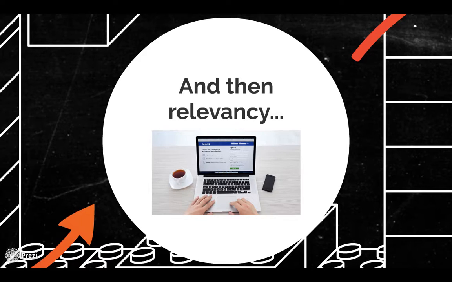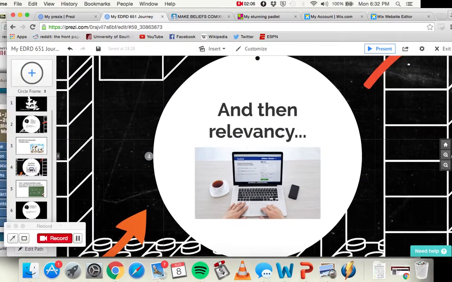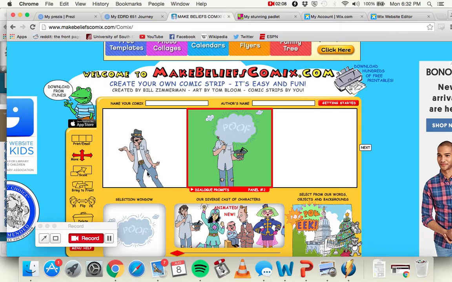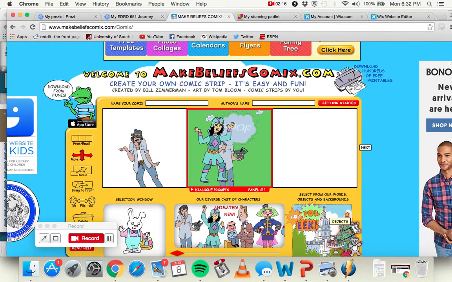Especially by our younger students. They don't see any use in Shakespeare, and a lot of adults now don't either. And technology allows us to do something. I'm going to exit out of the Prezi real fast. Like using Comics, a little comic that I've been messing around with earlier, where you can add characters and backgrounds and weird bunny rabbits and stuff like that. But take something like that and couple it with something from Shakespeare, maybe a difficult scene, and reenact it in a way that's customizable,